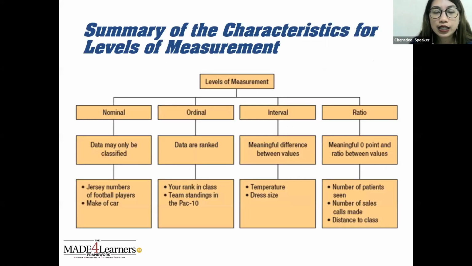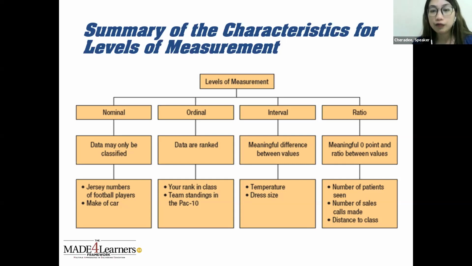Questions? So let's differentiate, no? Let's provide a summary. Nominal data are only classified. Okay, jersey numbers of football players, the make of the car. Ordinal, you are already ranking the data. So your rank in class, your team standings in the Pac-10, okay? Interval, they're ranked, but there is already a meaningful difference, but no true 0 point. Okay? Temperature, your dress size, right? Or your size in vital stats, okay? While in inches and all,